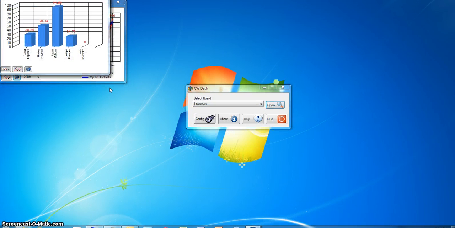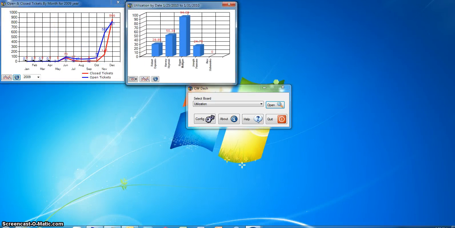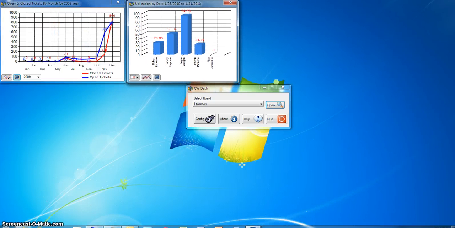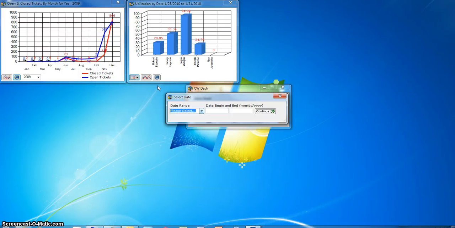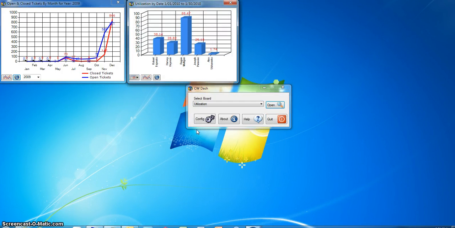I'm sure all of you are calculating utilization there. What we have here is utilization by member. So it's showing all of these hours for this member and these members here, the totals up here. It does default to the current week. Now if I click on the date form, I can actually select the date range. Let's see, I wanted to see all of the utilization for the current month of January. Simply select it, click continue, and just in less than a second, you'll see that it appears for the entire